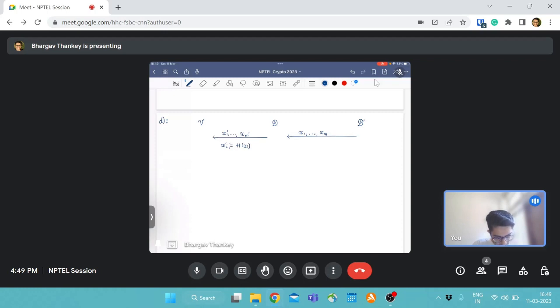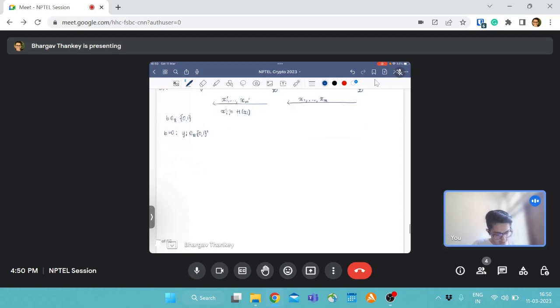Now, what does V do? The usual thing. If B is 0, Yi is picked uniformly at random from {0,1}^n, and if B is 1,